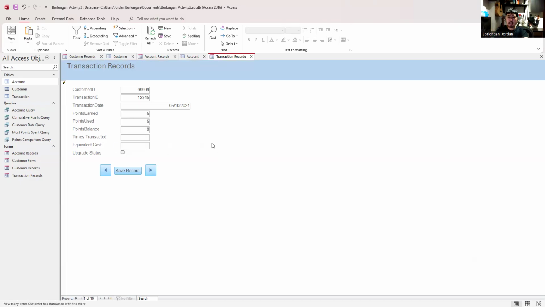Then times transaction. So my first transaction, 1, and the equivalent cost. So for example, 5 points is equals to 2.5 pesos, just for example. And then upgrade status, since this is only a new account, so I cannot upgrade yet from the basic membership. So I'm done here. I'll save it